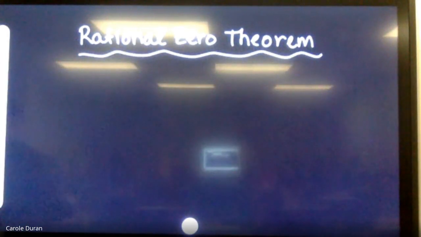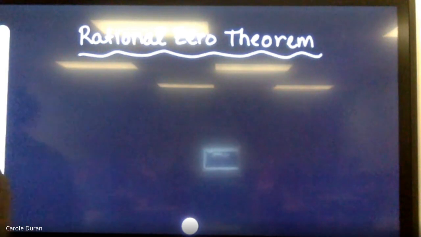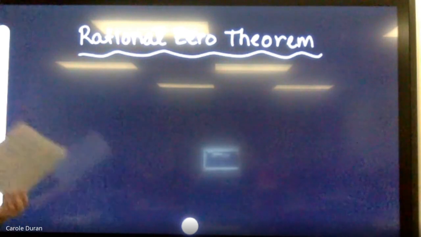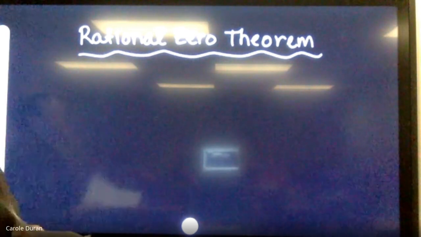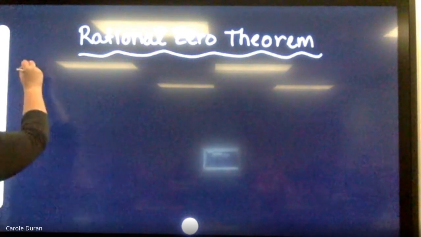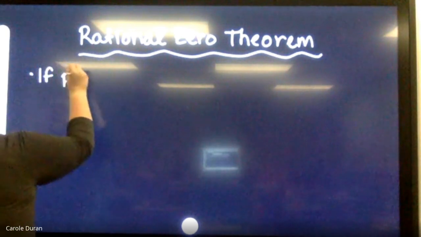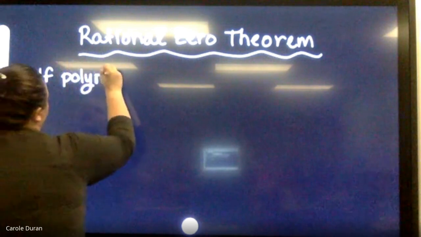Today we are doing our rational zero theorem. I actually like to call this the rational root theorem. Whichever one we'll remember is fine. So this is helpful in compiling possible roots that we can test using synthetic division. To compile this list, the rational zero theorem tells me that if we have a polynomial p of x,